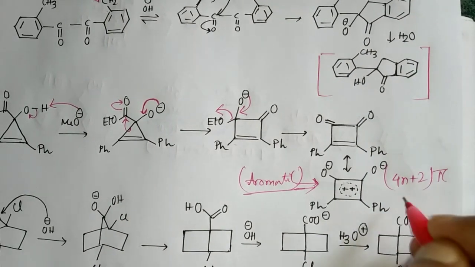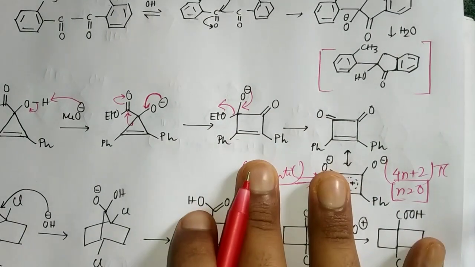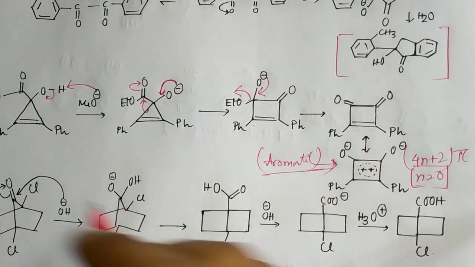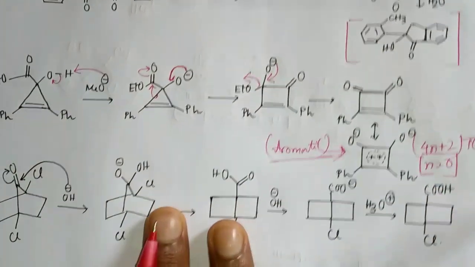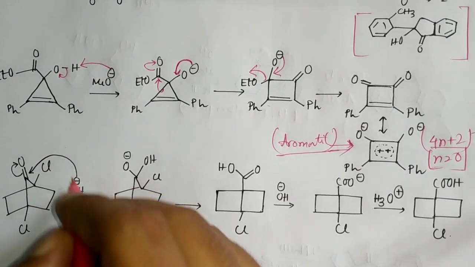It follows the 4n+2 rule, and here n equals 0, that is 2 pi electrons. Okay, and it is an aromatic compound. Now this is a dipositive center. This is one more important example, and see the last example of this benzilic acid rearrangement is that you have